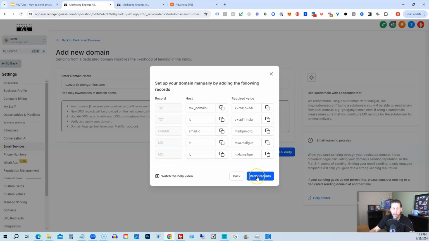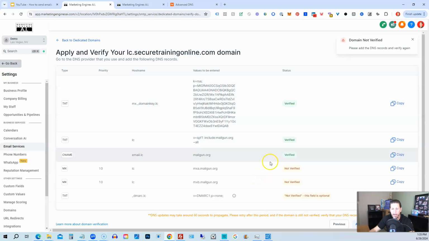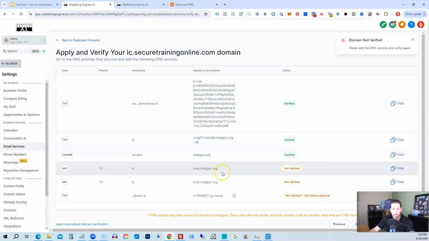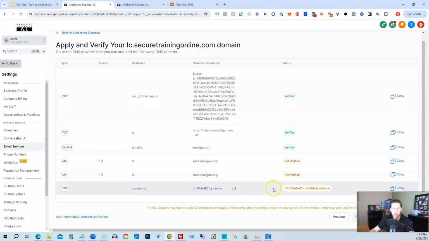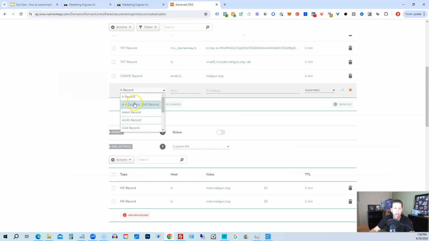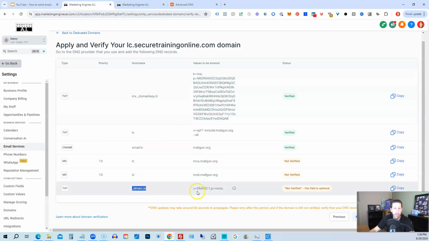So then we're going to click on verify records, and it may or may not find everything. So it found these first three, but not these last two yet. And then of course this last one, it didn't give us in that other window, right? This is the new DMARC record. So we're going to copy that. We're going to come over here. We're going to make another TXT record. So TXT record. We're going to use that as the host. And then the value is going to be v=DMARC1; p=none;